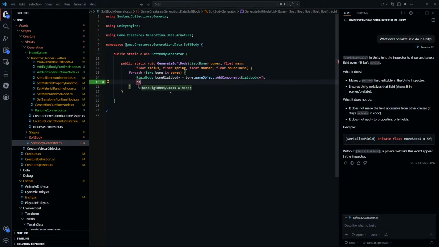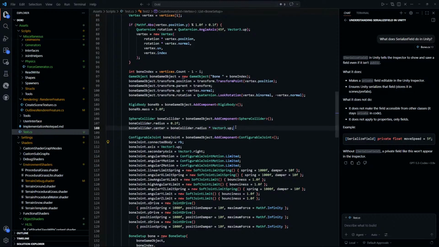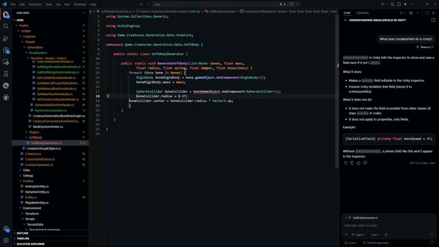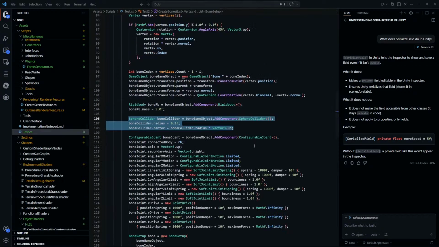Which bone? So I think we can skip most of this, and I want to rename this one bone rigid body. Like this. So then we have the rigid body, and then we want to do collider as well. I'm just going to copy this one. This bone game object. Sphere collider radius 0.2. Let's change this one to radius. Yes, and then finally